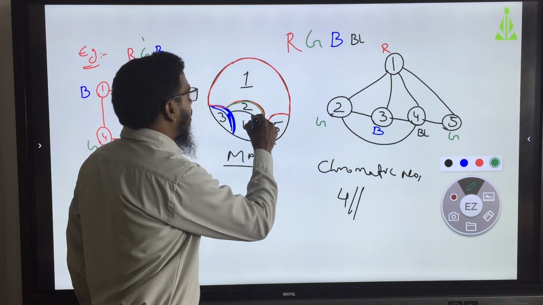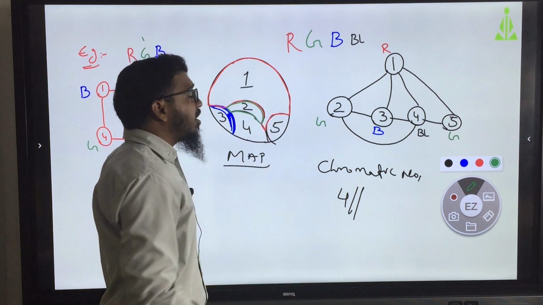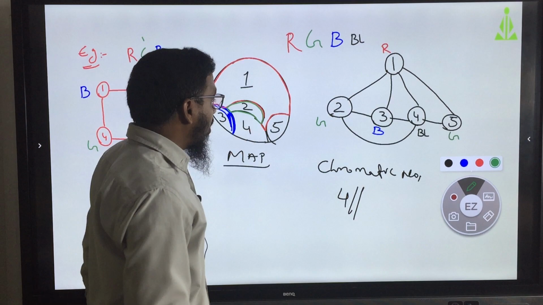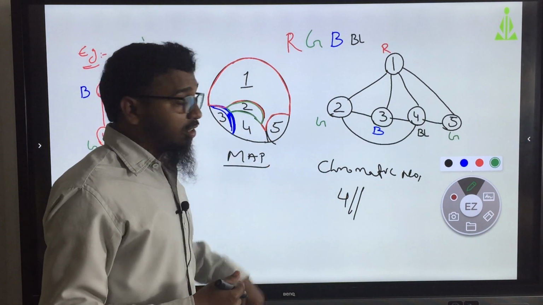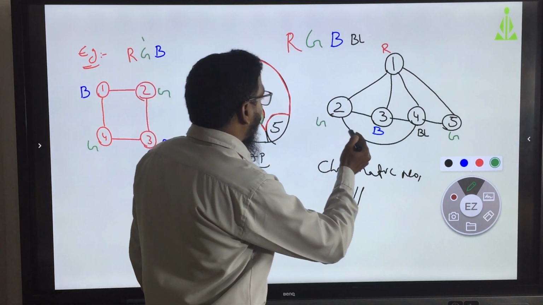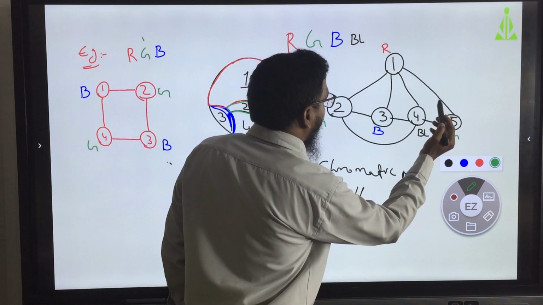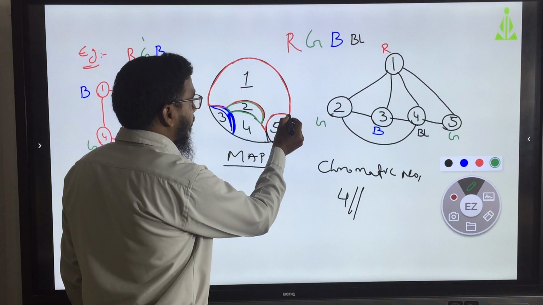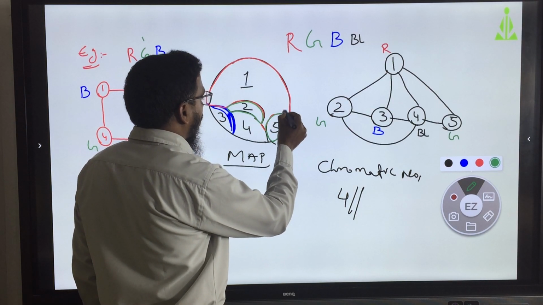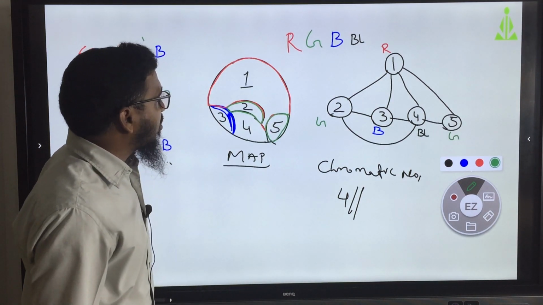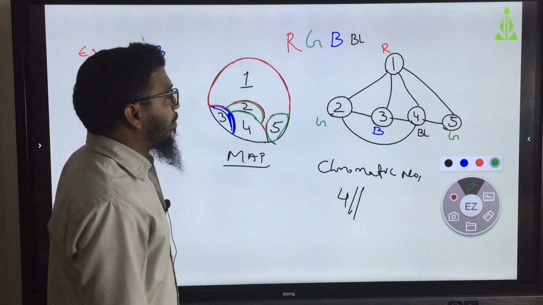If we have a color in the map, then it will be easy for you to recognize which one is separating from the others. Then what is the next one? Fifth one is also green, and this is black only.